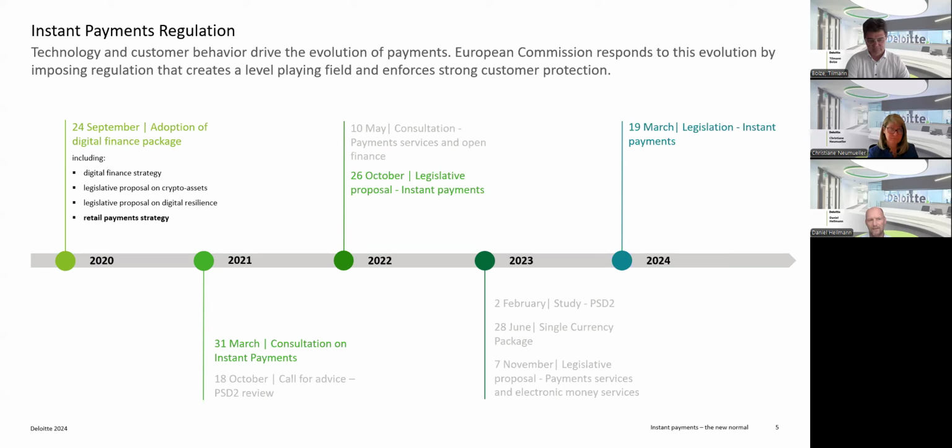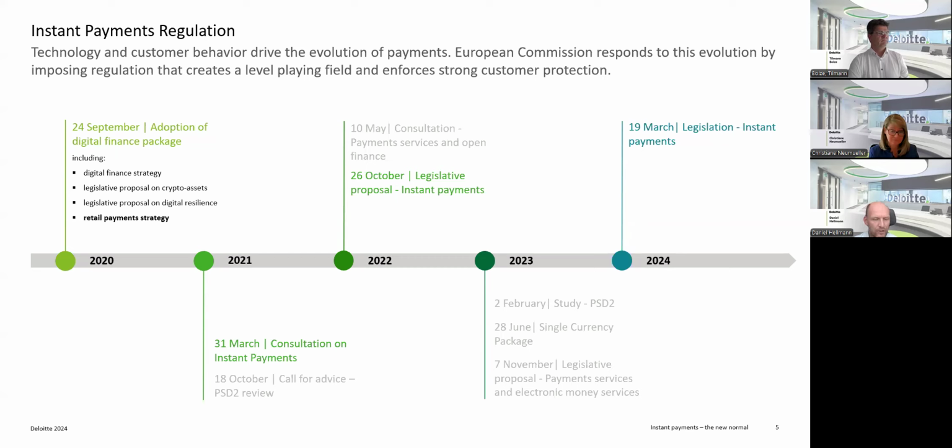So why that? I mean, in the end, instant payments is, as Christiane already said, nothing really new. We talk about Faster Payments in the UK that went live in 2008. The instant payment credit transfer scheme for the European Union, for the Eurosystem, was developed in 2017 by the European Payments Council, and RT1 went live in 2017 to process instant payment credit transfers, and TIPS already in 2018.